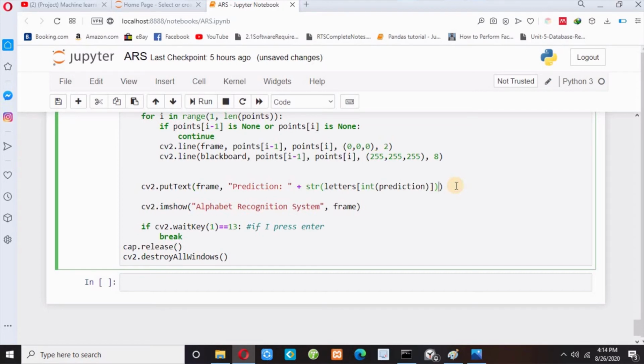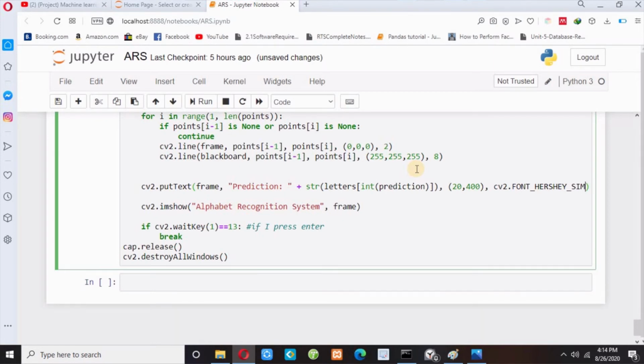and then I need to write the location of this prediction, where to write. So suppose 20, 400, and then I can define the font style. So cv2.FONT_HERSHEY_SIMPLEX.